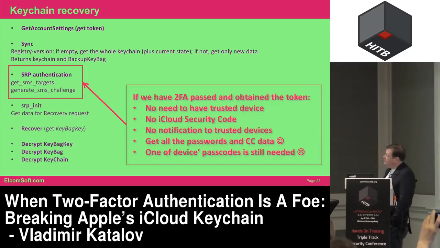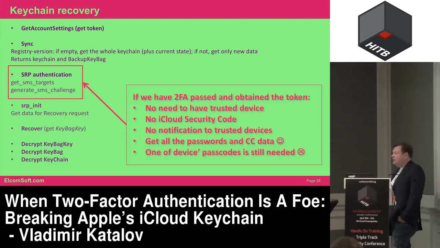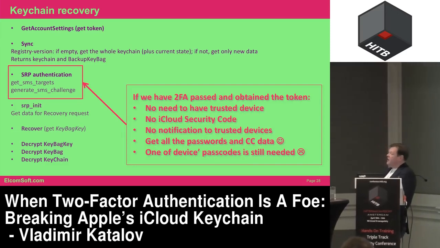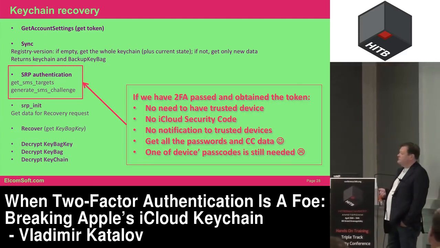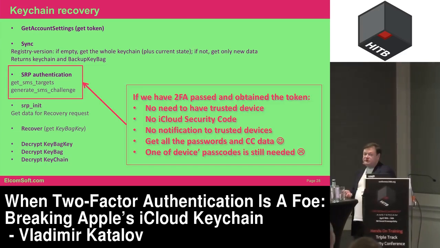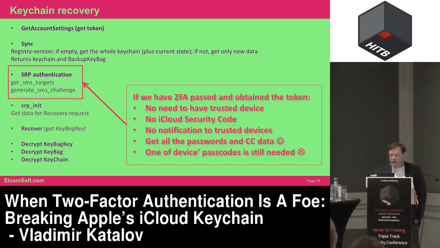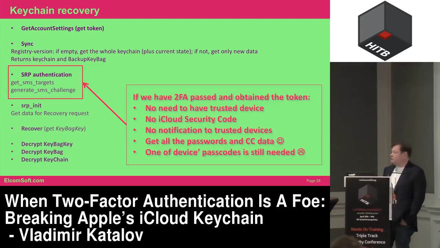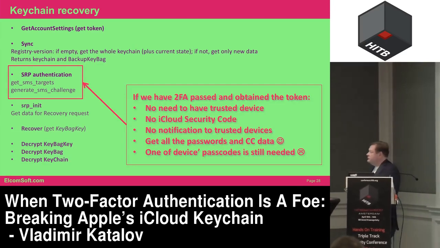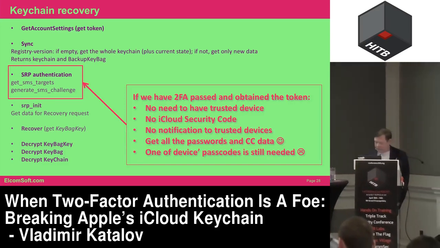But the most important thing is that for the secure remote protocol, that part, which is very hard to get around, you will have to confirm the code through SMS, and you will also enter the special cloud security code. But if we already have the two-factor authentication passed, and we have the authentication token for the iCloud, which is normal for accessing the documents, backups, sync data, and whatever, then it makes it much easier to break into KVS storage and download all the information from there.